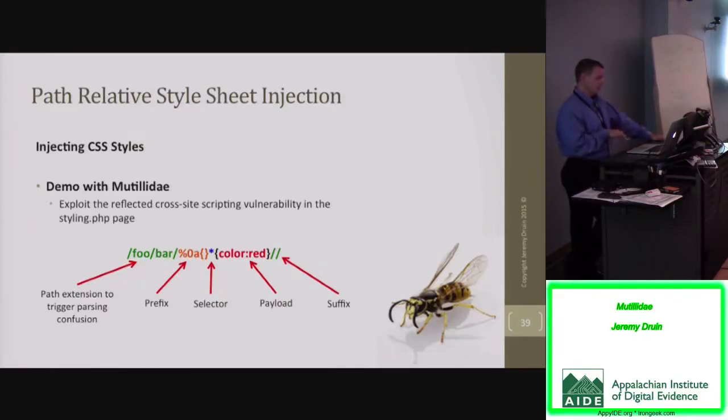In the orange area, that's the prefix for the attack. The %0A is encoded for the line feed character. And I like the way that the Portswigger blog put that. I think he said something like it gets the page in the mood to accept a style. And effectively, what it does is it's a type of separator between the end of the path and the beginning of the style sheet. The blue asterisk is called the selector. And in style sheets, a selector is just a declaration of what you want to apply the style to. The asterisk is a special meta character. It means